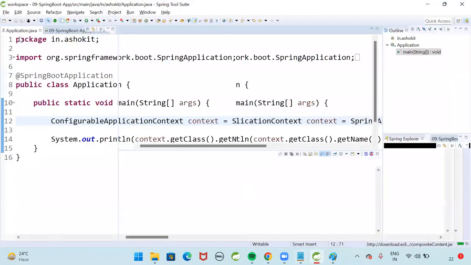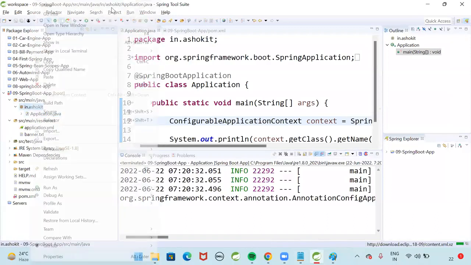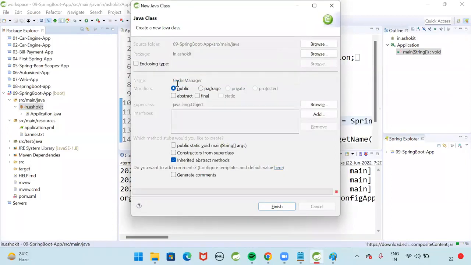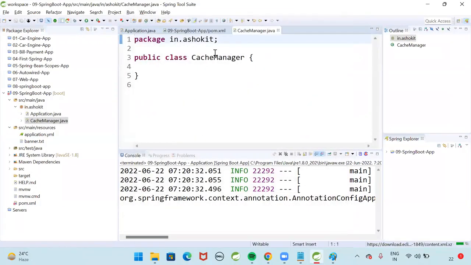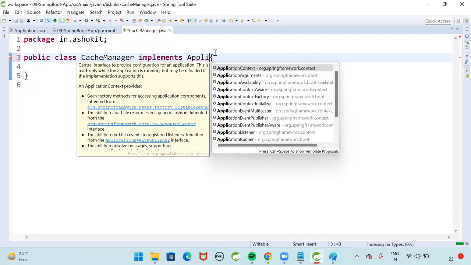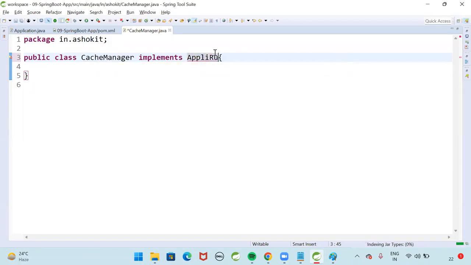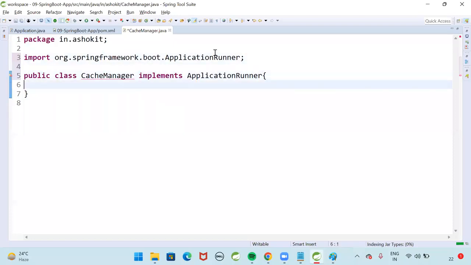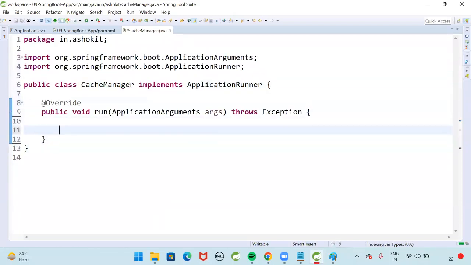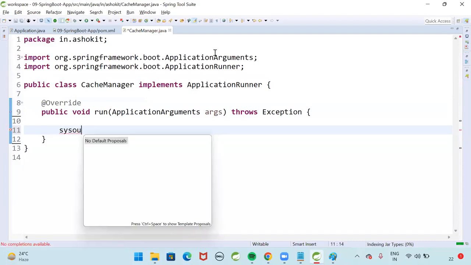Now see here, how can we implement a runner concept? New class. I'm going to name it here as cache manager. This class is going to implement a runner called application runner. As we told, these runners are functional interfaces. Now in application runner, we have a run method that we need to override. I'm overriding the run method. Inside this run method, I'm writing a logic